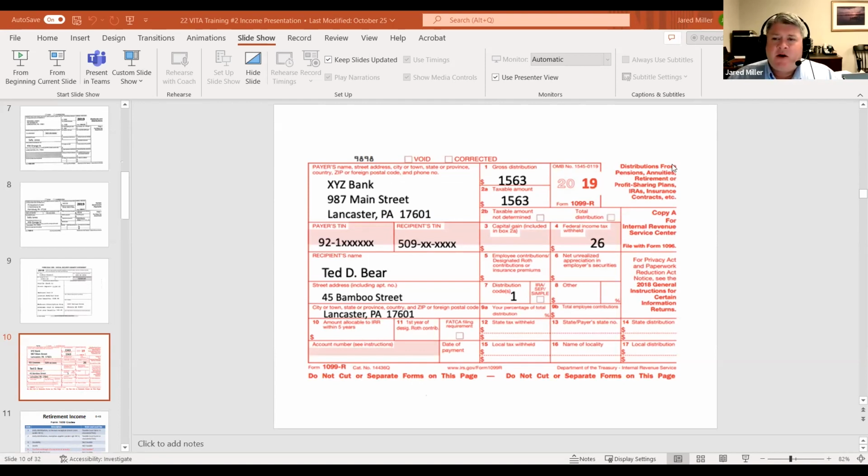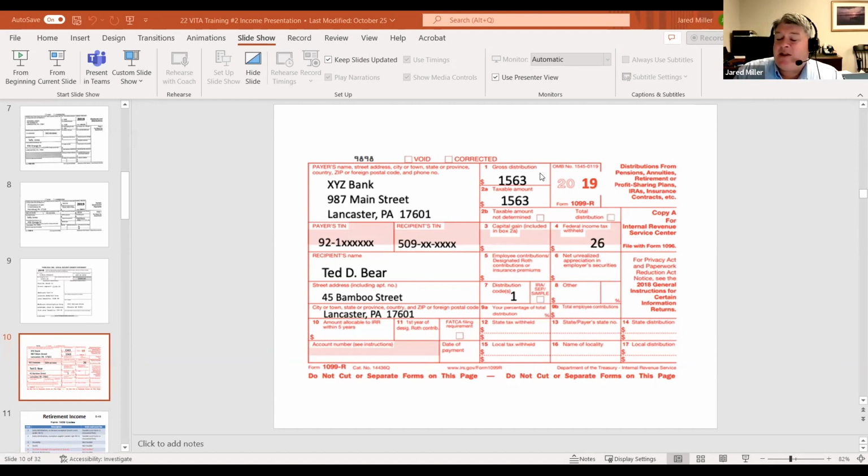So 1099-R is going to be a distribution, effectively a distribution from a retirement account. So we have to go all the way down to find the R here. So it's effectively a 1099 retirement distribution. Again, we want to be sure that we're entering the employer identification number, identifying whether this belongs to the taxpayer or the spouse, and entering all the information. A couple key elements that we're going to have here is you're going to see box 1 is gross distribution. That's going to be how much money has been paid out to the individual.